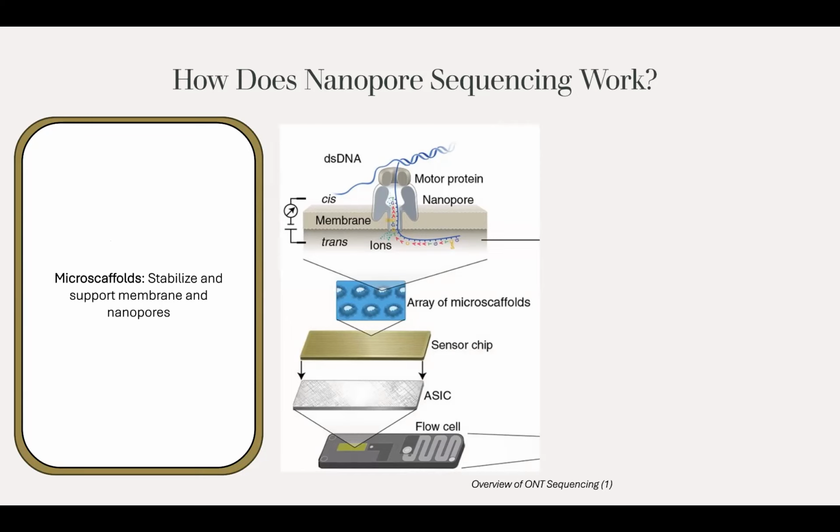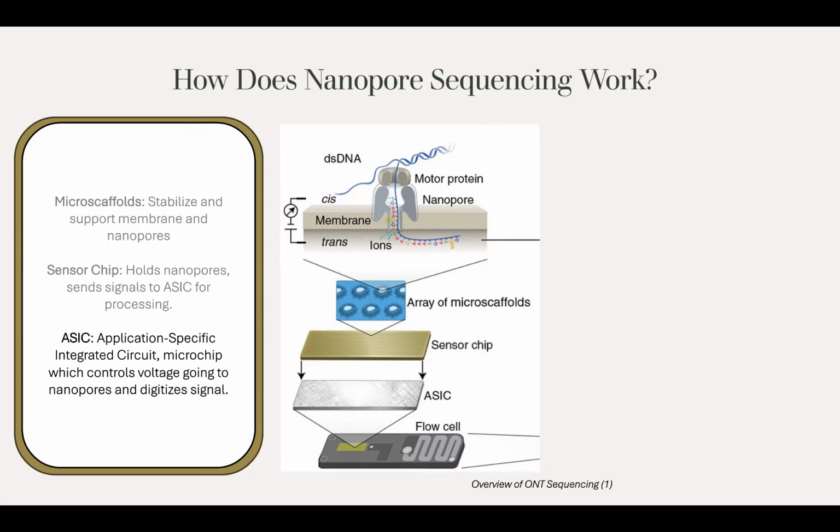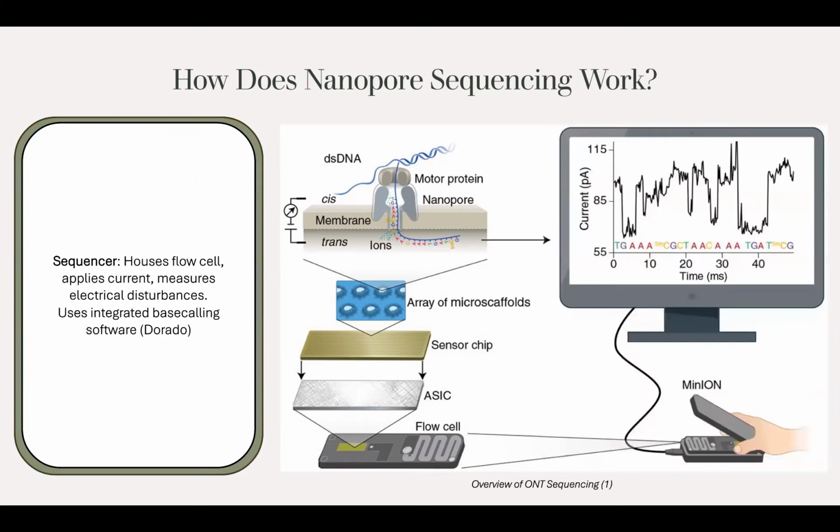All of this is embedded within microscaffolds, which stabilize and support the membrane and the nanopores. The sensor chip holds the nanopores and sends these electrical signals to the ASIC for processing. The ASIC is essentially a specialized microchip which controls the voltage going to the nanopores and then digitizes the electrical signal, which is recorded